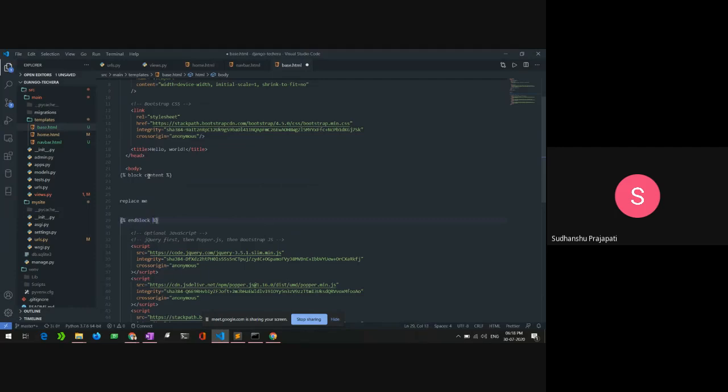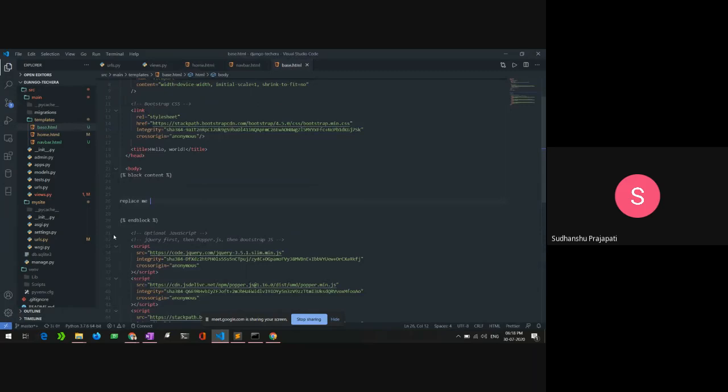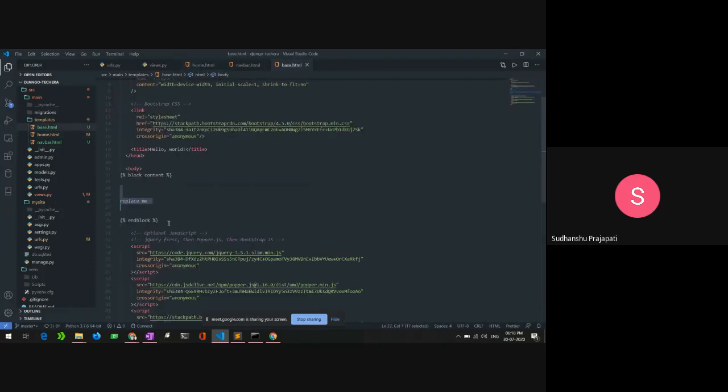After closing the block, you also have to change some things in the home.html, that is, how will the base.html know that this is the content and it should be replaced here inside here. For that, I need to specify that this is the block content that I want to be replaced here, with the rendering context and all the variables that we are giving to it.